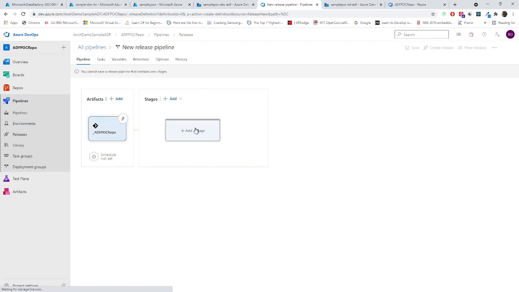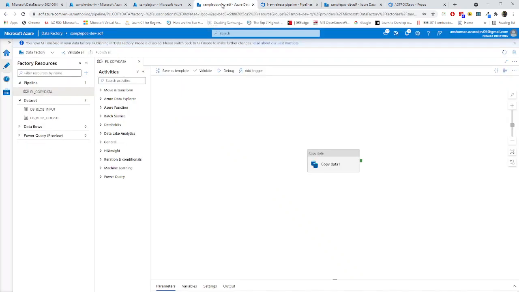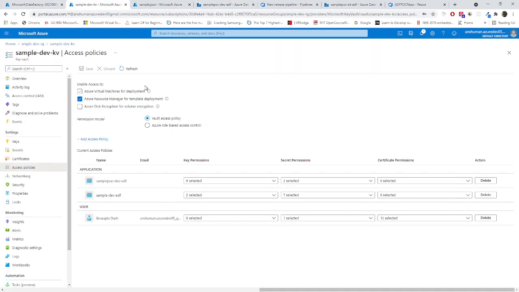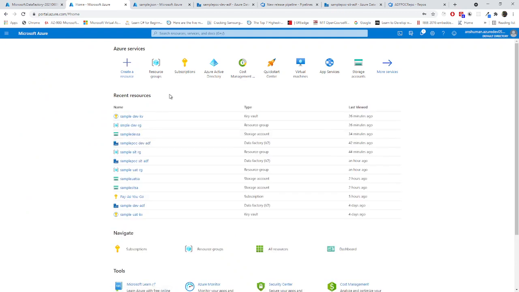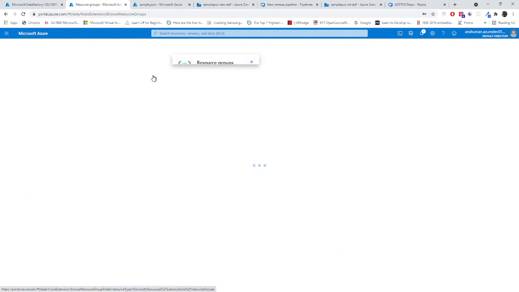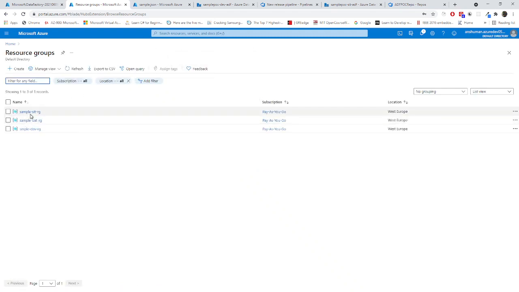What's the next step? We'll create the stages, right? So in the dev environment, we have already deployed it manually by using the publish button. You can see that with this publish button, we have already deployed everything in live mode manually. Right now, if we go to my Azure portal, you can see that there are two different resource groups here, sample SITRG and sample UATRG.